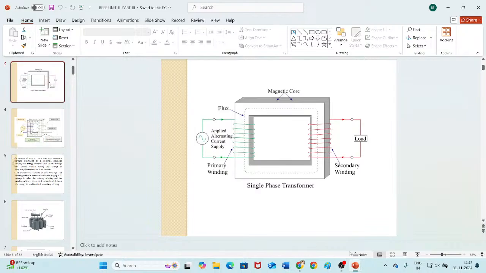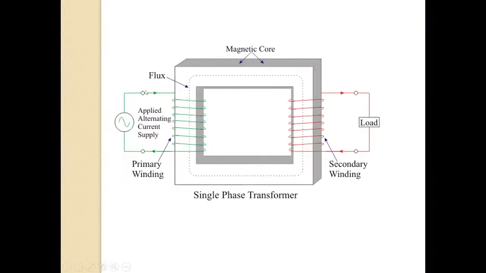When AC supply is given to the circuit, current will flow into the circuit. Because of the flow of current, let us assume supply voltage Vs volts is given to the circuit. So current of I1 amperes flows through this coil. When current flows through this coil, what will happen is,